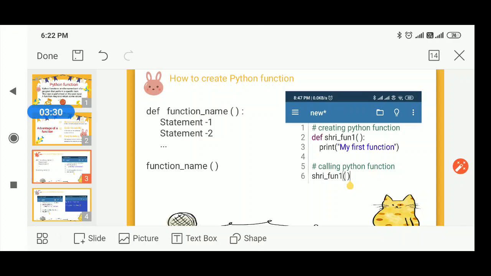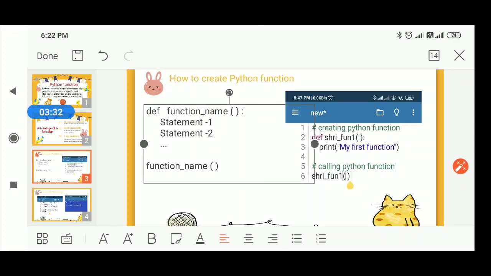The syntax for creating a Python function is like this. It should start with the keyword def, D-E-F. This is the keyword for definition. So here we are using def, space. Then we have to give a function name.